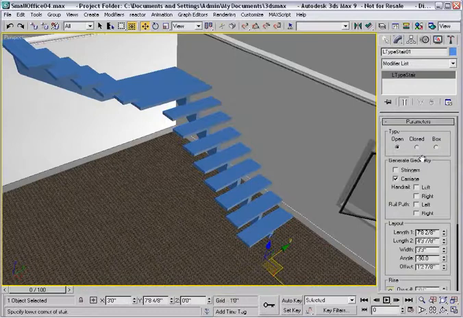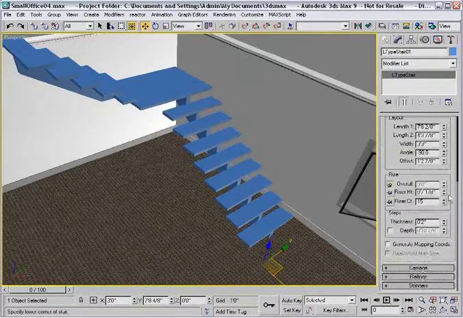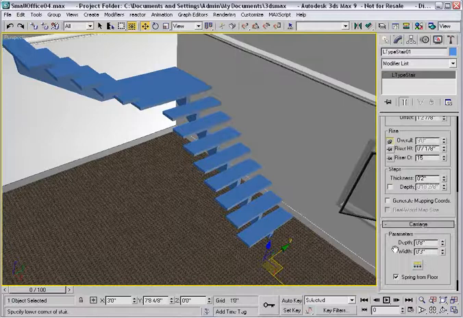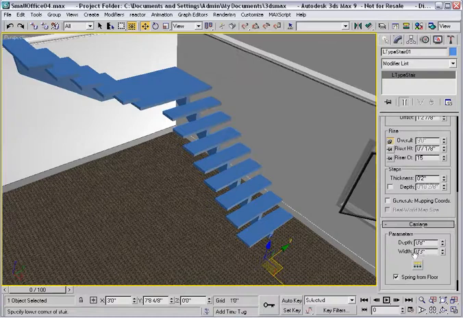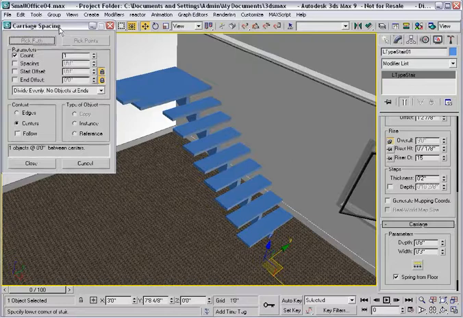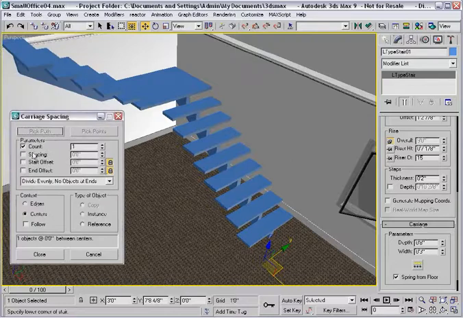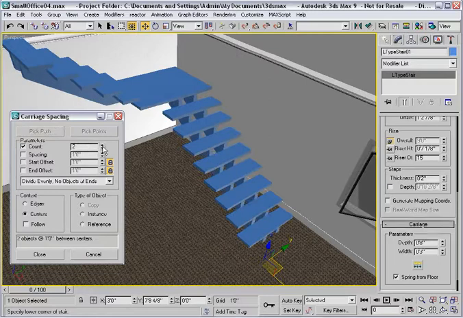We were talking about the carriage, and there's a special rollout for that down here. The carriage has a depth and width parameter, but that's not really what I'm interested in. I'm more interested in this button here. This will allow you to space the carriage, and right now we have one that's centered. I'll have two, and I'd like to adjust the position here